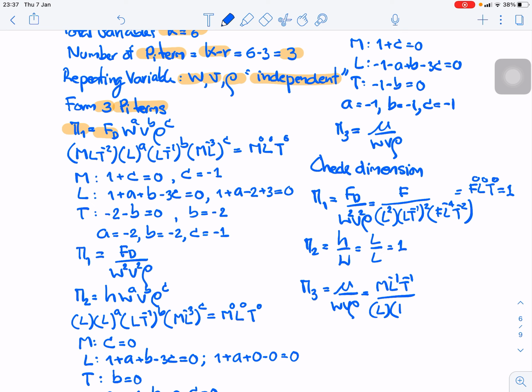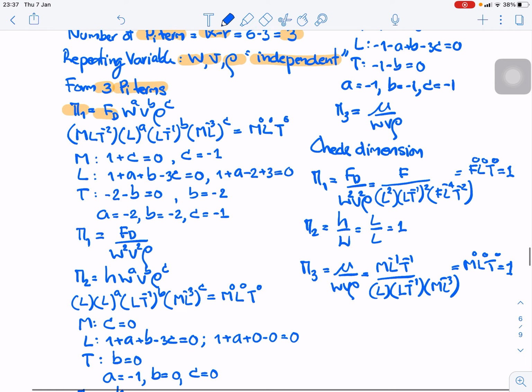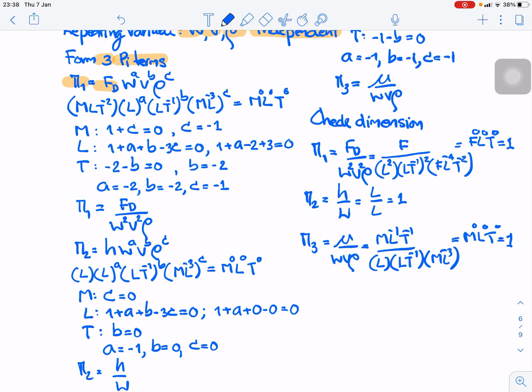V is LT minus 1, and rho is ML minus 3. Again, we can show that M is to the power 0, L is 0, and T is 0, equal to 1. So that is the proof that all the pi terms are dimensionless variables. Now, in conclusion,